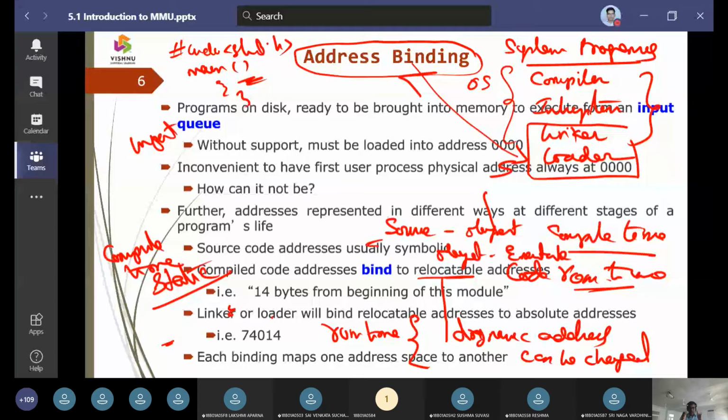Similarly, this program needs to be given some addresses in the primary memory. That means some binding of addresses has to be taken up so that your program gets executed. A loader takes up that scenario. A loader is going to load up all the object modules and see that they are executed. If it is at compile time, you call it static binding. If it is at runtime, you call it dynamic binding. So addresses are bound to the program, linked to the program, assigned to the program. We call this address binding.